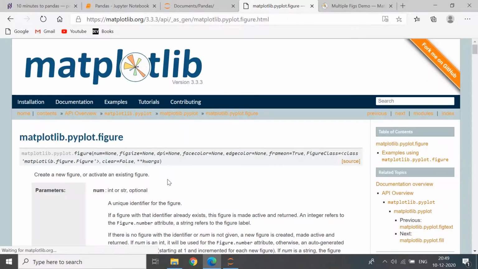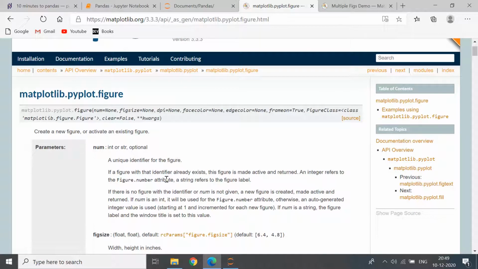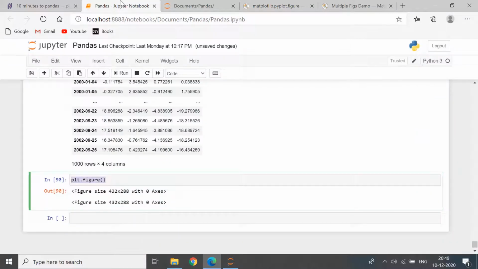What does this do? A unique identifier. If a figure with that identifier already exists, the figure is made active and returned. Okay, creates a new figure or activates an existing figure. Okay,